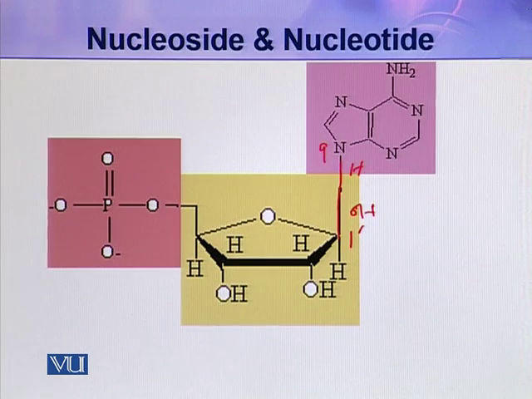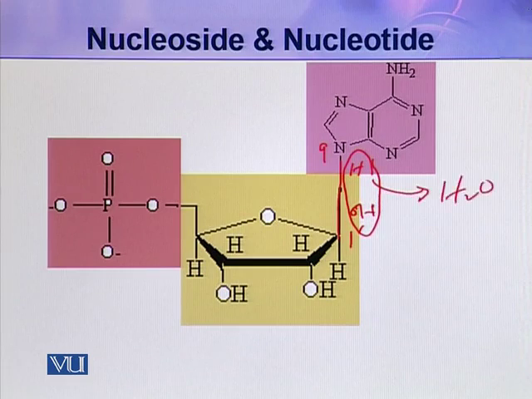So the hydrogen of the nitrogenous base and the hydroxyl of the pentose sugar combine, and with the elimination of a water molecule, these two groups, that is a pentose sugar and a nitrogenous base, are attached. And what is this attachment called? This attachment is called